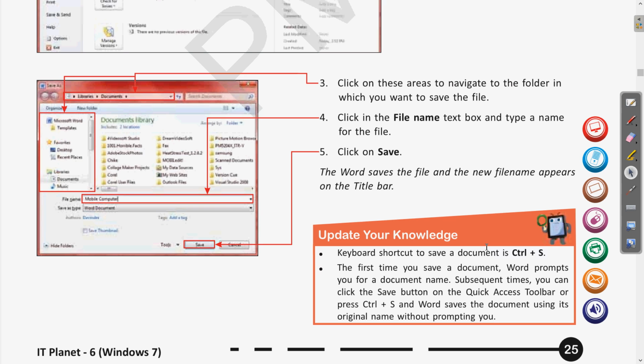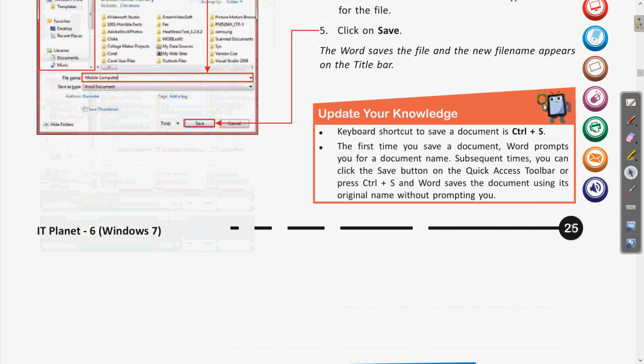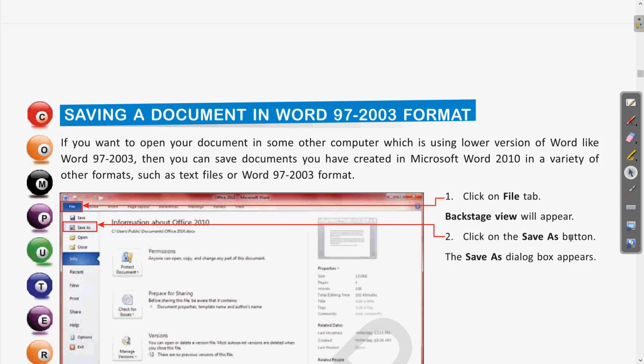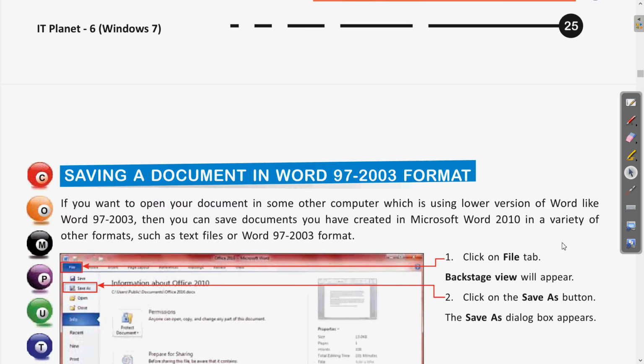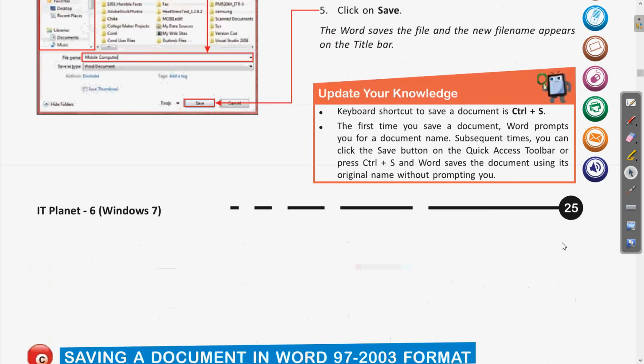Earlier the version was 2003, clear. Then before that also there were other versions, like before this century, like around 2000, clear. So all those versions of the softwares were the older versions. So if you want to save your file in the new version, then how to save your document in the new format. So we will see this topic in the coming class.